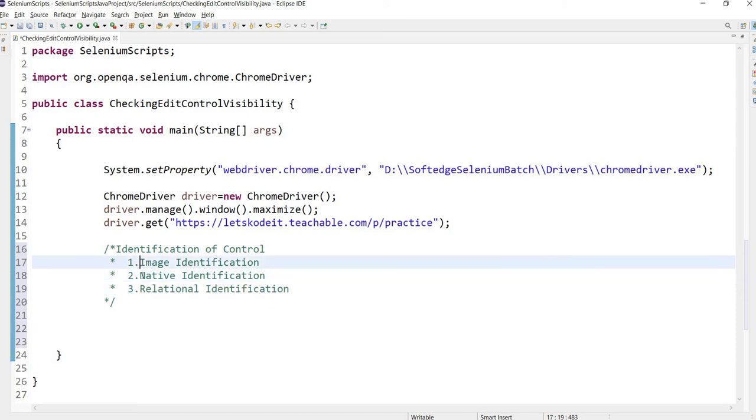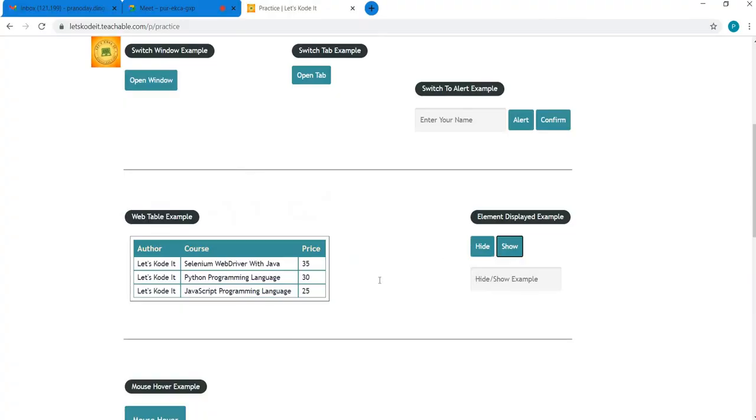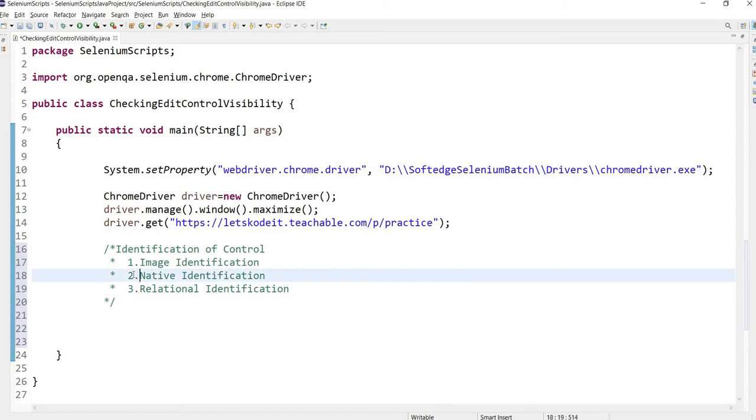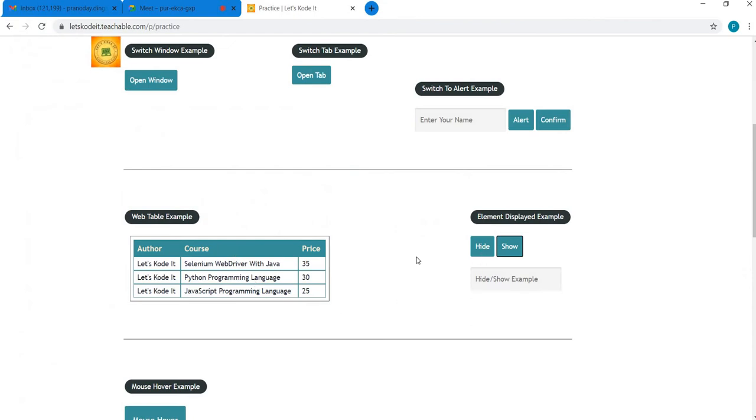Now as we had already discussed, image identification is dicey. Even a small change in the display of a control may invalidate the identification. So we are going to go for native identification, where properties of the element are going to be used. So how do we check which properties or attributes are set on this element?